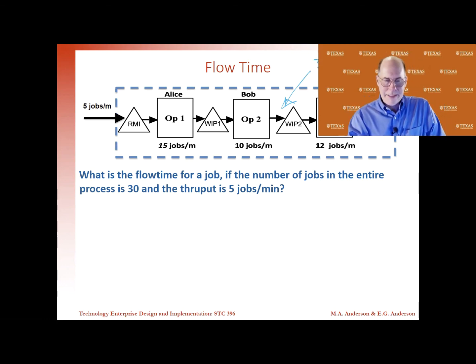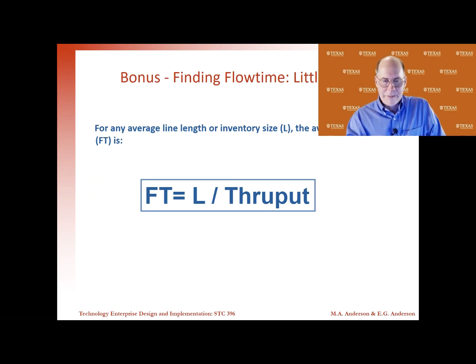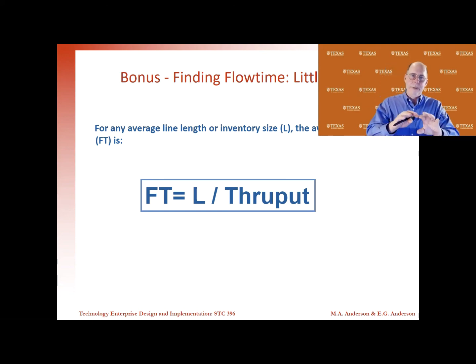So how do we relate these? Well, the thing is, if we know the average line length, the average number of people inside a process, and by the way, this could also be the number of jobs in a process. It could be the number of partially completed cars in a process. Doesn't matter. In this case, we'll concentrate on Power Puff jobs. So we know how many Power Puffs are in that process, and we know the throughput. So we've got 2 parts of a triangle effectively. Once we have that, then